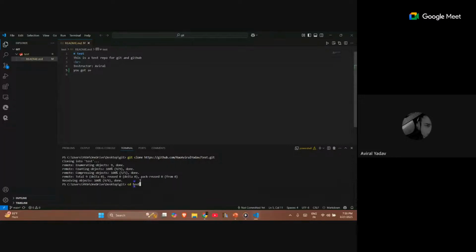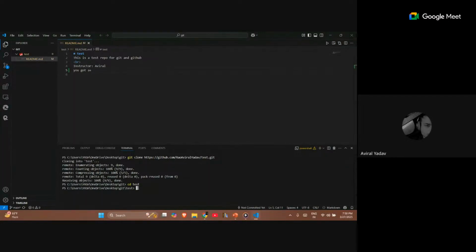And go to test, the folder I'm working in. For example, you can see that I was at C, user, OneDrive, desktop, and Git. I was at this folder. So we are on Git, not on the test repository that we are currently working on. To move from Git to test, we use cd test, which changes the directory from Git to test. I press enter, and it goes to the next folder that is available to it, which is test.